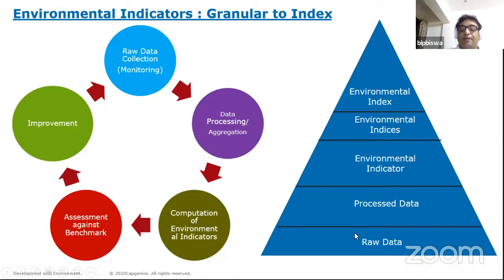As an example, if I am measuring the pollution from vehicles, then raw data will talk about every vehicle: what is the emission of carbon dioxide, emission of sulfur dioxide, emission of oxides of nitrogen, or SPM, suspended particulate matter, for each of the vehicles. Then the process data will be actually how long each vehicle has been running,